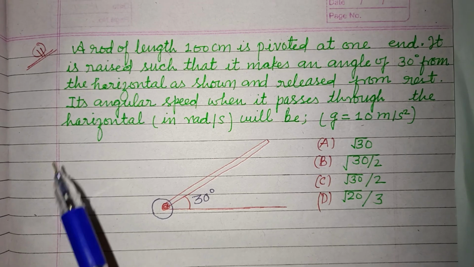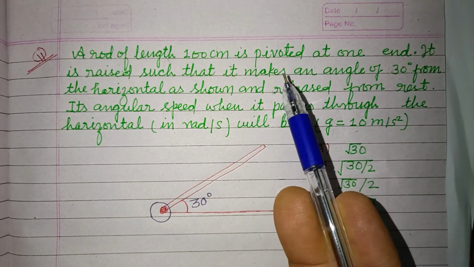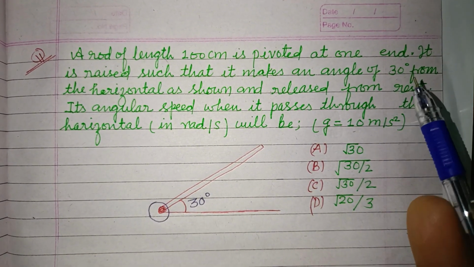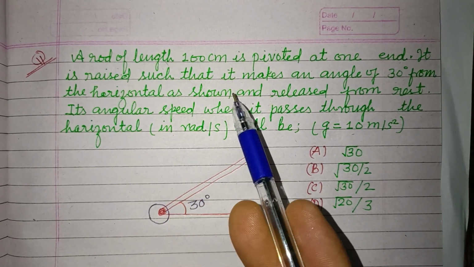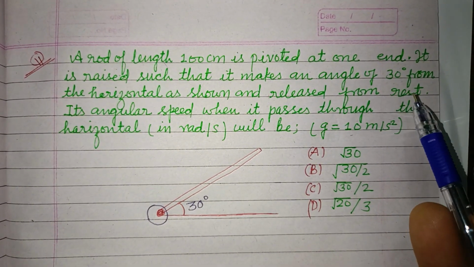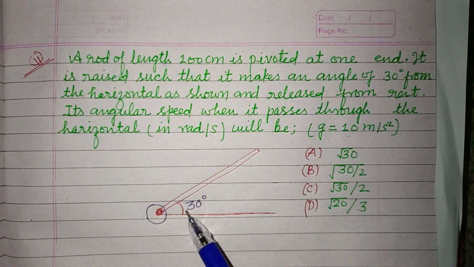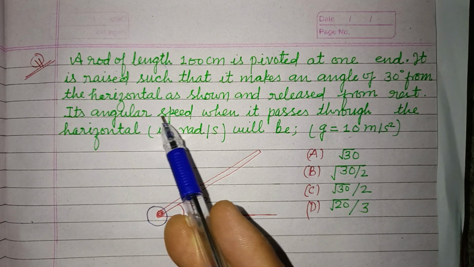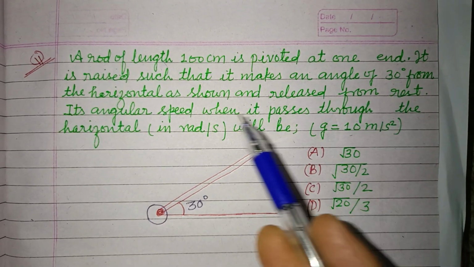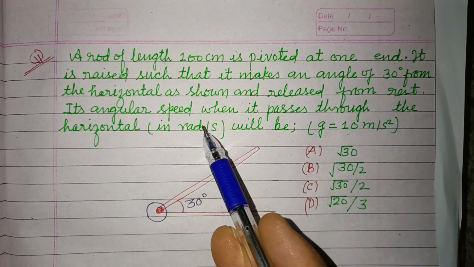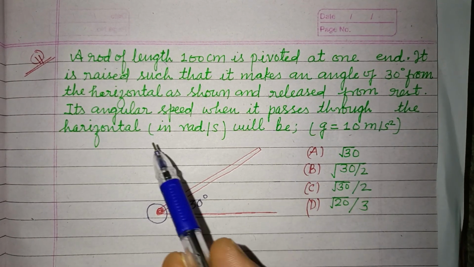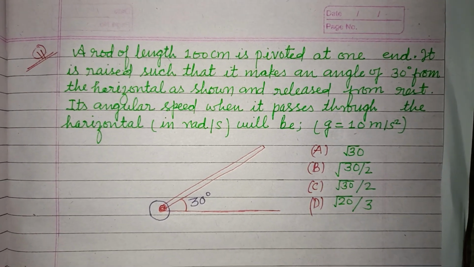Question is, a rod of length 100 centimeters pivoted at one end. It is laid such that it makes an angle of 30 degrees from the horizontal. It is making angle 30 as shown, and released from rest. Its angular speed when it passes through the horizontal will be. So student,